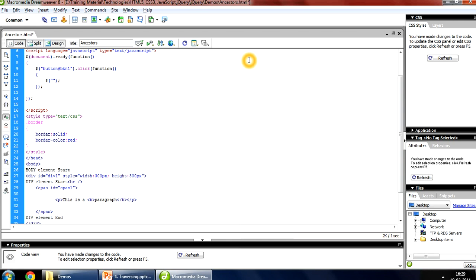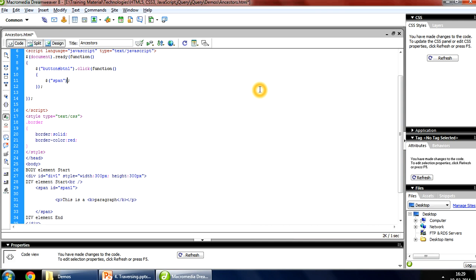I have already created a CSS file with the border as solid and the color red. I want the border of the paragraph to be red and solid.